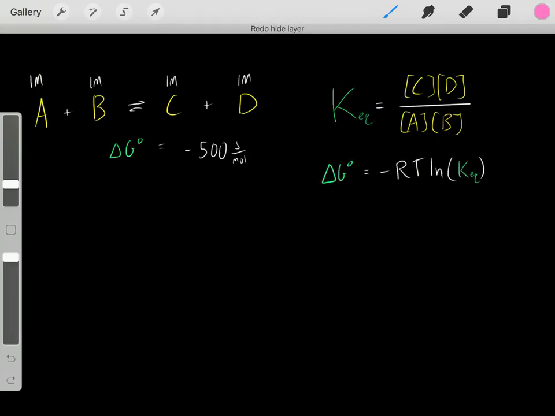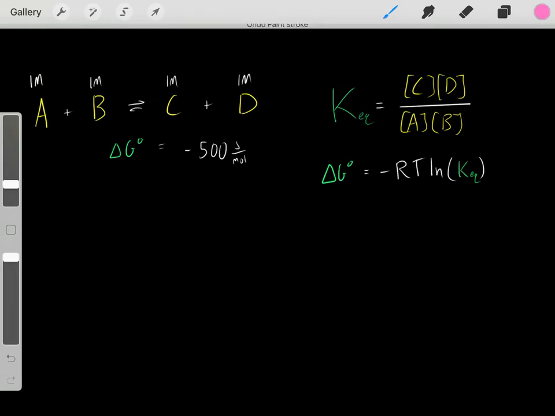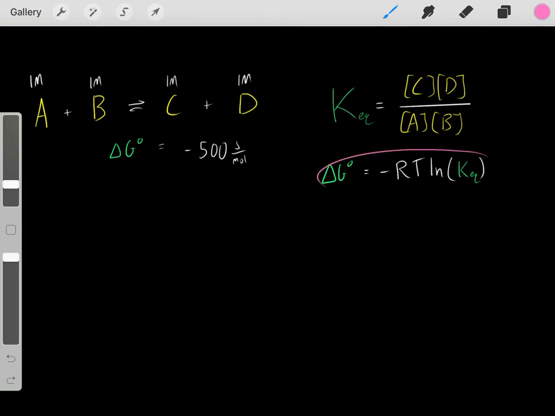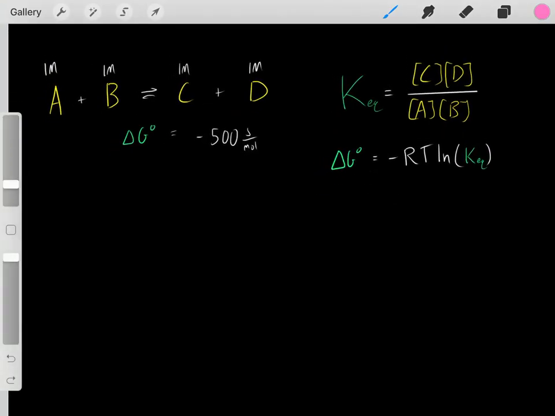To this equation. For example, if you have the equilibrium constant of a reaction, you plug it into this equation, and as long as you know the temperature and the ideal gas constant, you can determine what the standard state delta G is, and vice versa. So again, you can use this equation and see how they're related. So this is standard state delta G when we're at standard state conditions with 1 molar concentration of all reactants